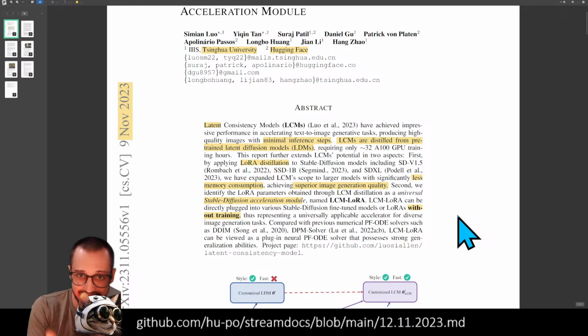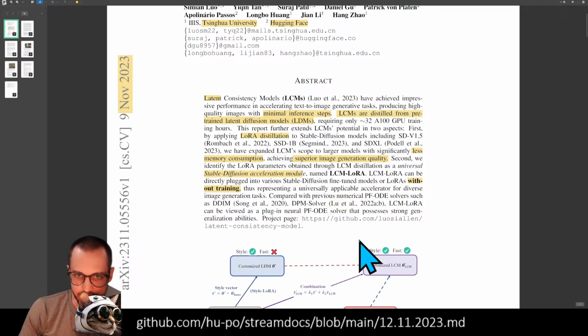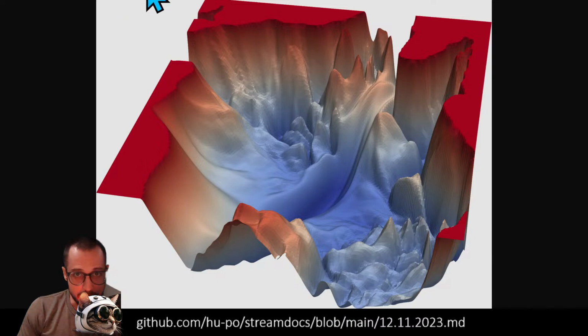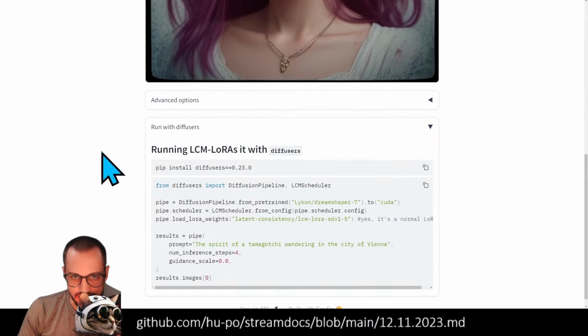Now, rather than taking 10 steps of inference to generate your image, it'll only take maybe 2 or something like that. Compared with previous probability flow ordinary differential equation solvers such as DDIM, DPM, LCM Lora can be viewed as a plug-in neural PFODE solver that possesses strong generalization abilities. Okay, so I think the best way to motivate kind of what's going on here is with a little demo,